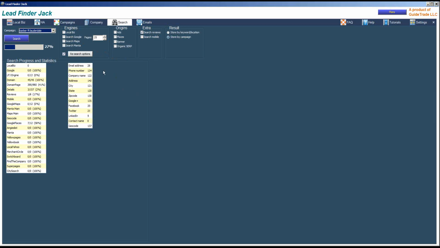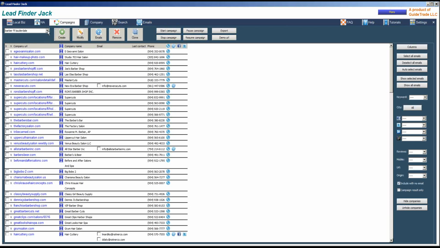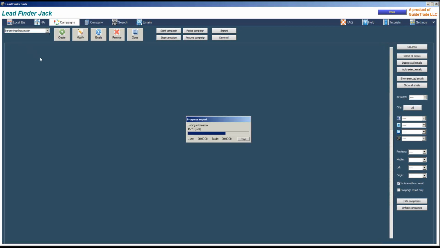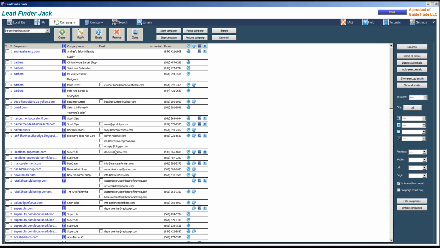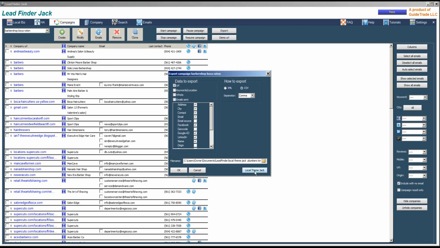So we're not going to wait 2 hours for that, but I already did barbershop Boca Raton. Okay, so this is that information. Then you can click on export and click on local team Jack. Okay, and give it a good name, local team Jack,